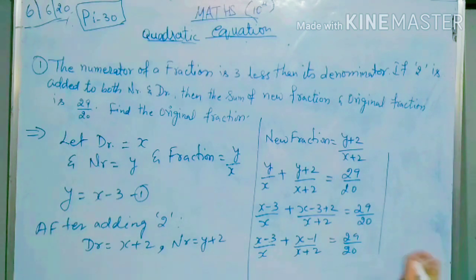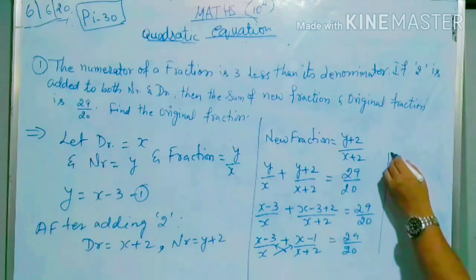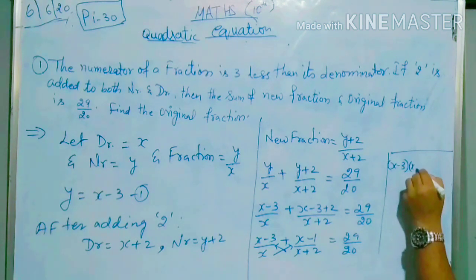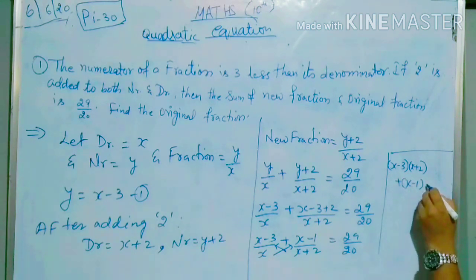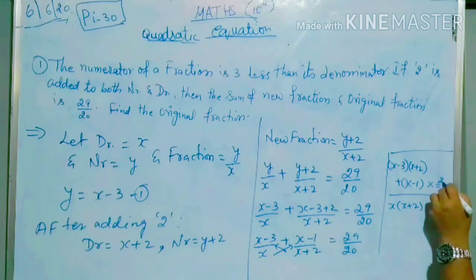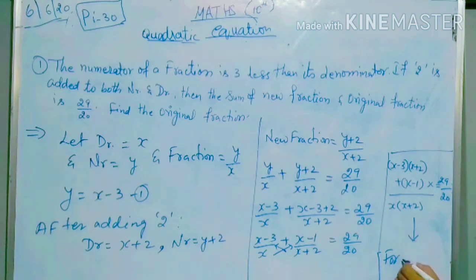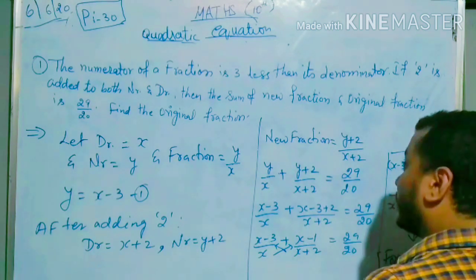अब अगर आपको याद होगा तो इसके पहले जस्ट प्रीवियस क्वेश्चन वी हैव सॉल्व लाइक दैट ओनली, यू गॉट इट। अगेन क्रॉस मल्टीप्लाई लाइक दिस। मैं सिंप्लीफाई नहीं करूंगा, बस एक हिंट देके छोड़ देता हूं आपको। सो दिस विल बिकम द x minus 3 into x plus 2, correct? Then the plus x minus 1 into x, whole divided by x into x plus 2, must be equal to what? 29 by 20. आप इसको सॉल्व कर सकते हो जैसे हम लोगों ने पहले सॉल्व किया था। Then after solving you will get the one equation, then you can apply the formula and you will get the solution.